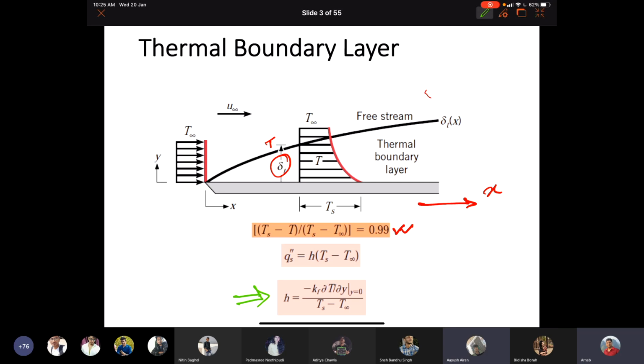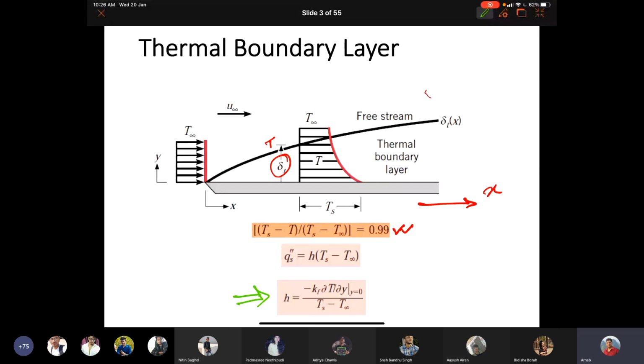Sir, I have one doubt. Newton's law of cooling is the local heat flowing across the boundary layer, means the heat transfer from the surface to the fluid. So, sir, we will assume that it is constant across all the layers? No, no, it's not equal. That's what I'm trying to mention.